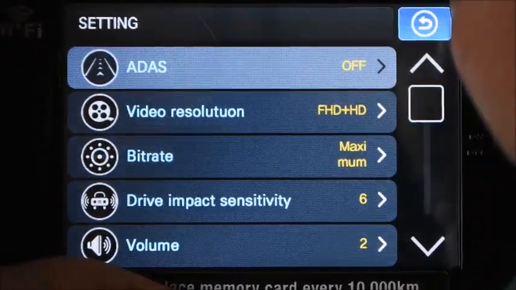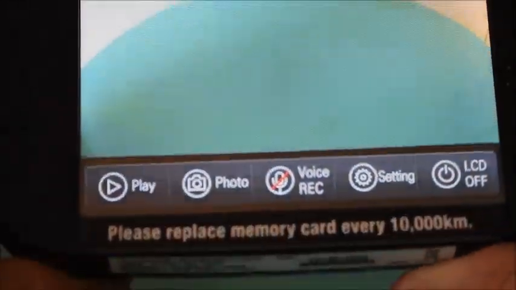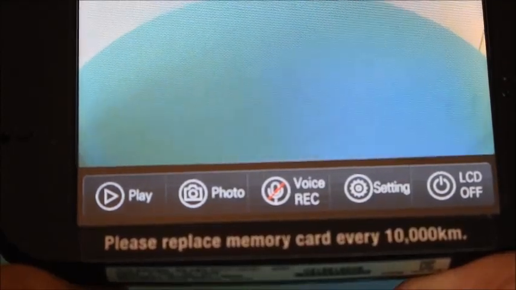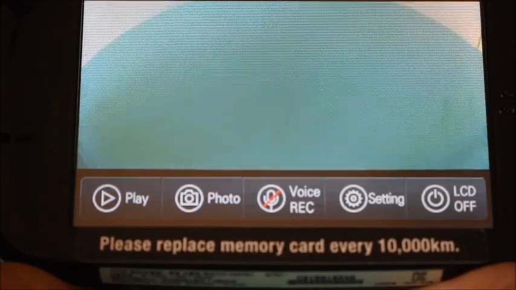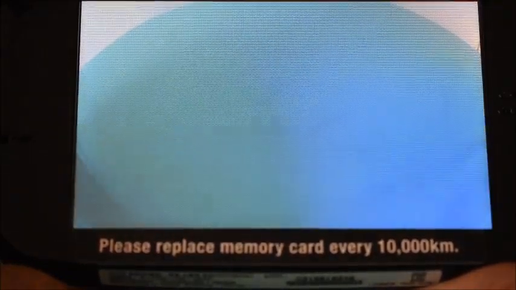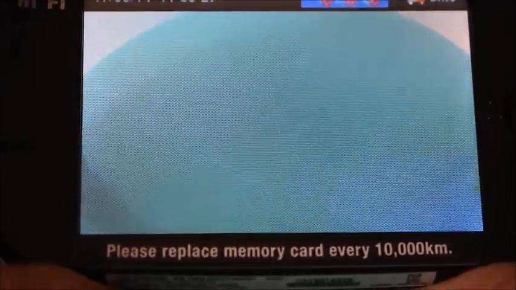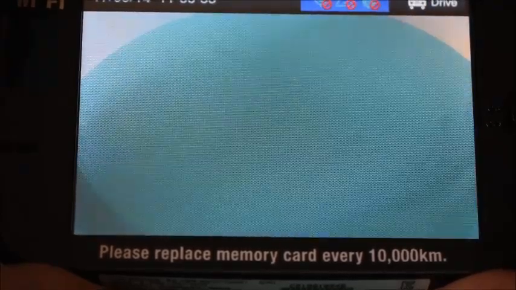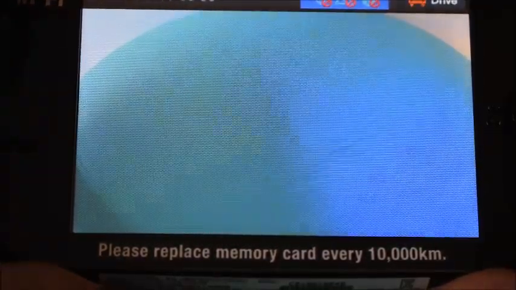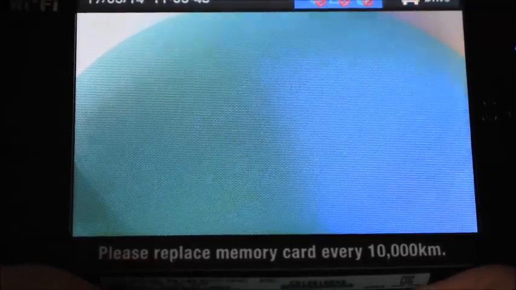One thing that I would like to strongly emphasize, if you look at the bottom of the camera, on your camera, you'll see a sticker that says please replace the memory card every 10,000 kilometers. This is preventative maintenance. These memory cards are wearing out from the moment you take delivery of your new Dashcam, just like the tyres on your new car. And we recommend that you replace the memory card every 10,000 kilometers or every 12 months, whichever occurs first. There is information in the glove box on recommendations for memory cards, and they are really easy to get and